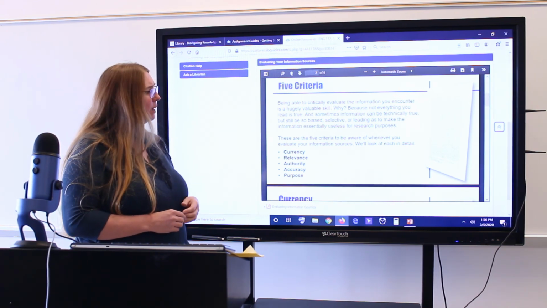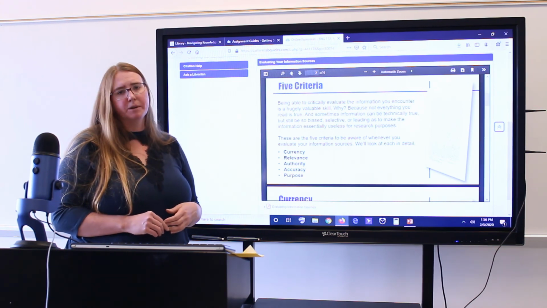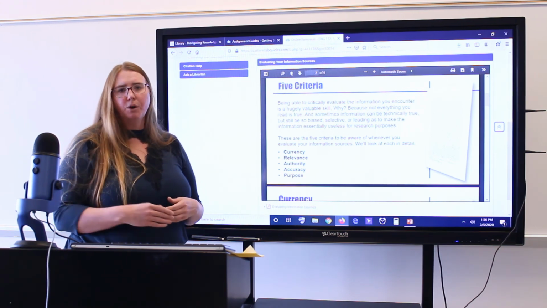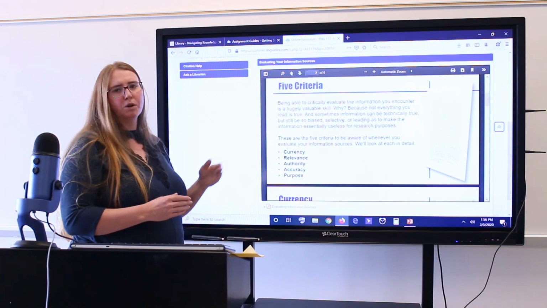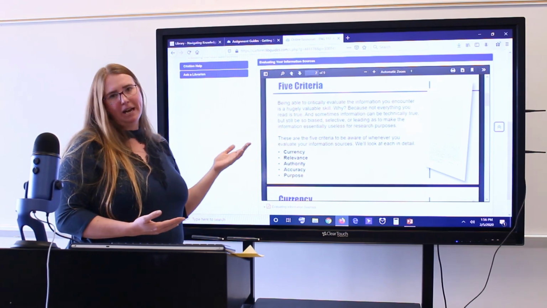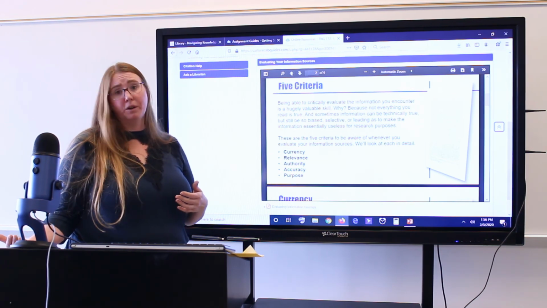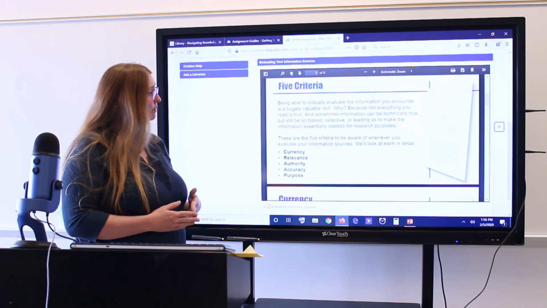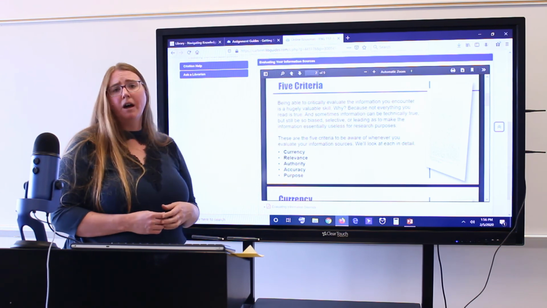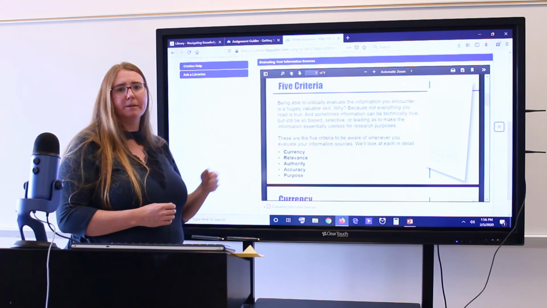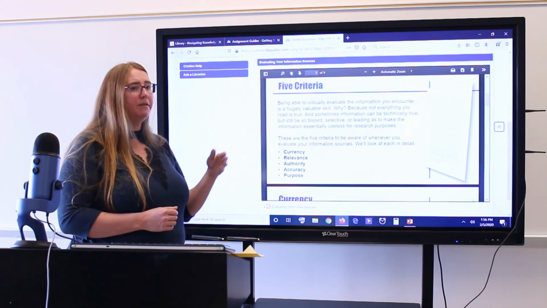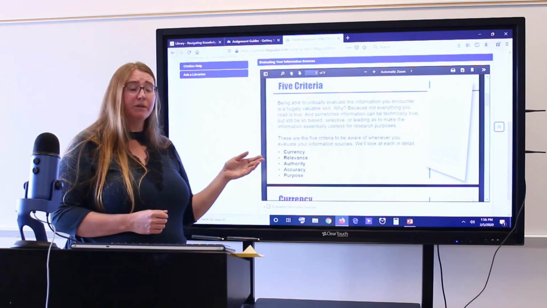The relevance, we often talk about this in library research. If your research question and your source don't match up, it doesn't matter how good that source is if it's not going to support your claims and your research question. Your authority, who wrote it. So once again, we talked about that peer-reviewed source. That peer-reviewed source at least has an expert that has